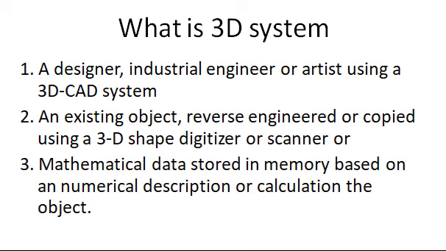Suppose you have a beautifully designed object, accidentally created, and you want to make a number of copies and use them for business purposes. Then you can copy it, and for this we can use a digitizer or scanner. Whatever information is available in the coordinate axes, you can take out using coordinate measuring machines, or scanners as they are popularly called. So it is from the existing data.